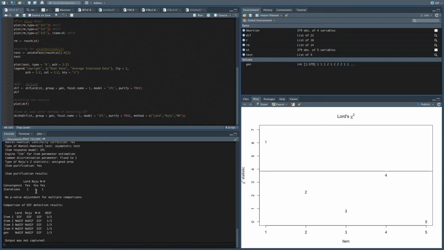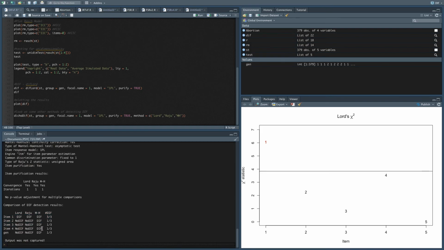So it's showing us it did 1 iteration of each. And what it found was the Lord and the Raju ones agreed, which makes sense because they come from the same grouping of methods, and this MH is called DIF